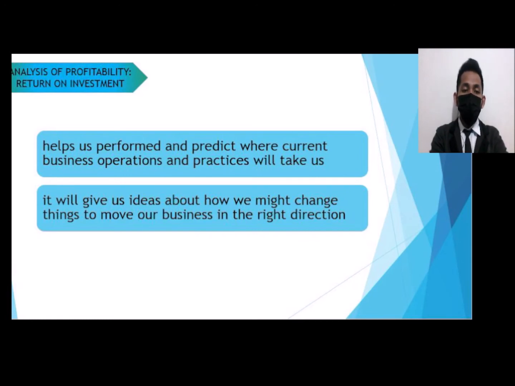So it helps us perform and predict where current business operations and practices will take us. It will give us ideas on how we might change things to move our business in the right direction. So through return on investment,